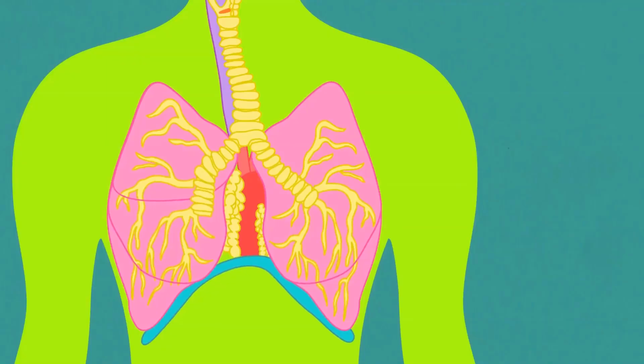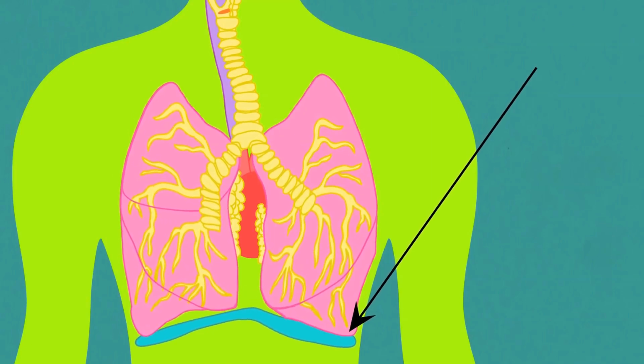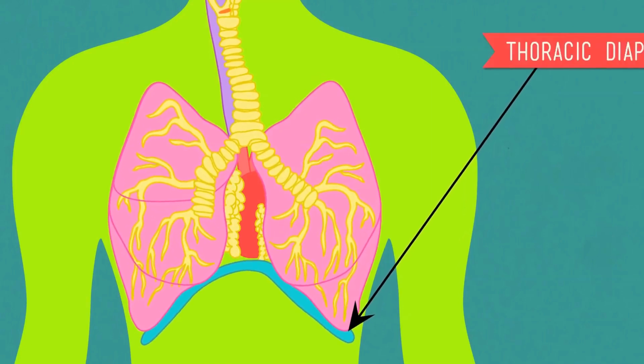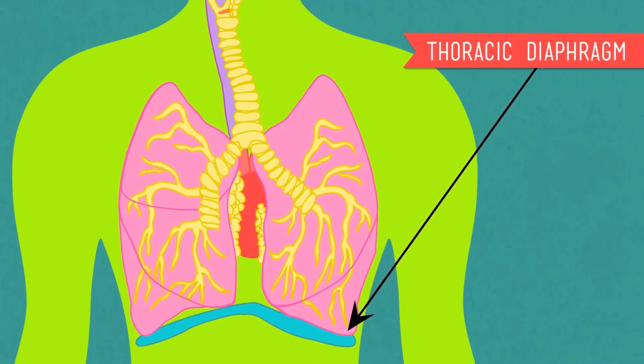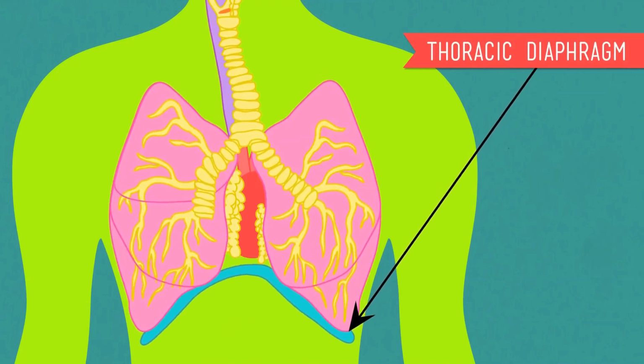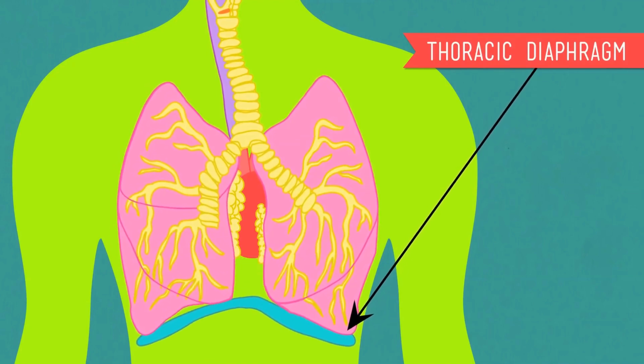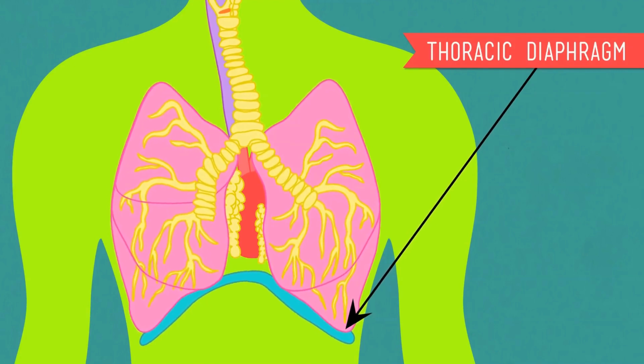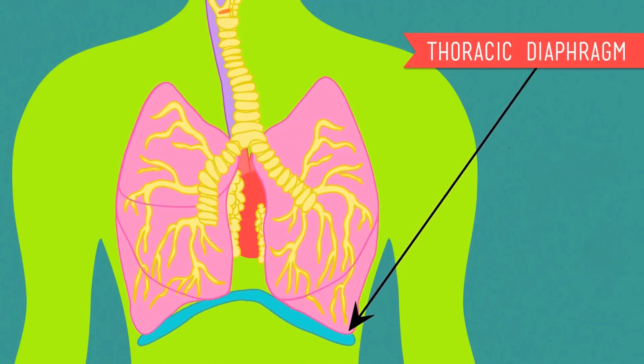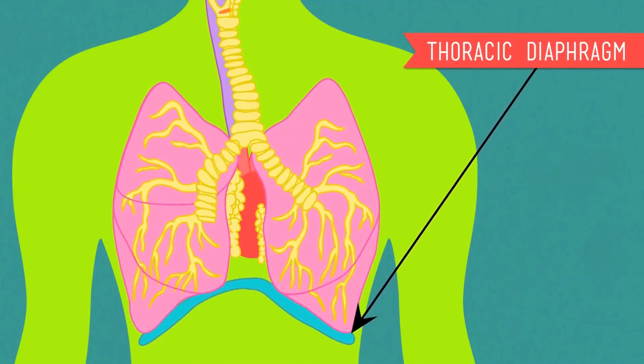Lungs work like a pump, but they don't actually have any muscles in them that cause them to contract and expand. For that, we have this big flat layer of muscles that sits right underneath the lungs called the thoracic diaphragm. At the end of an exhalation, your diaphragm is relaxed. So picture an arc pushing up on the bottom of your lungs and crowding them out so that they don't have very much volume. But when you breathe in, the diaphragm contracts and flattens out, allowing the lungs to open